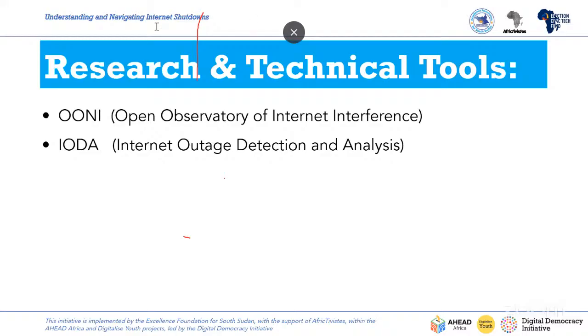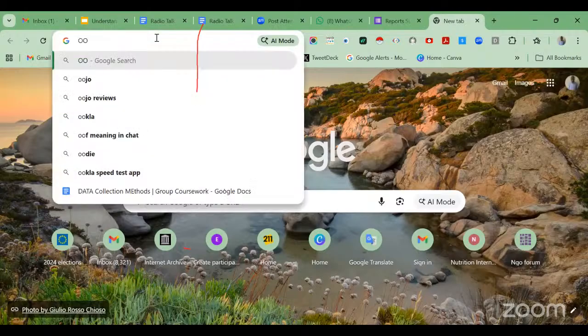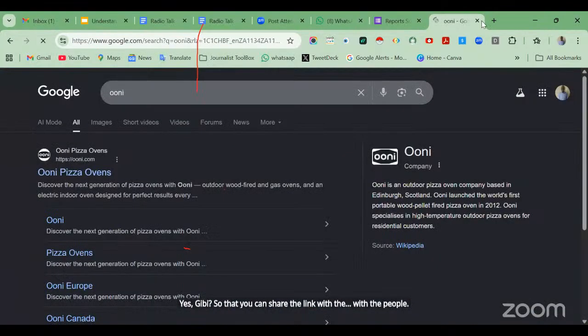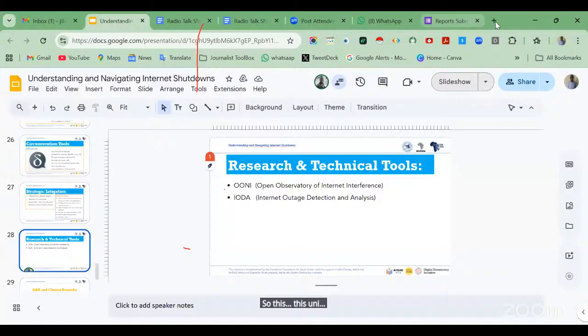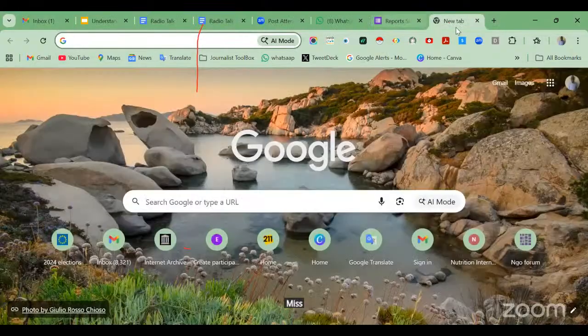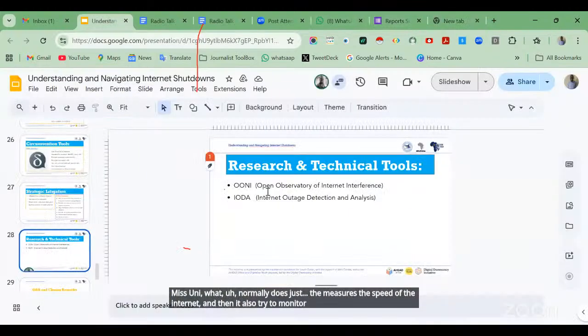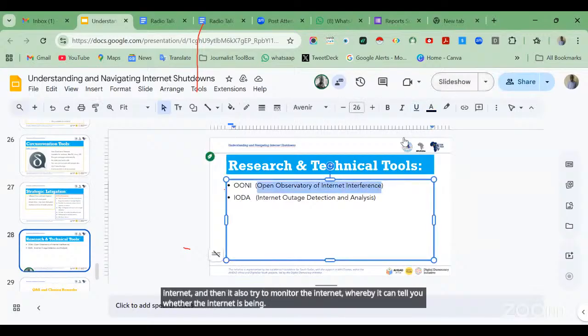Yes, GB, so that we can share the link with the people. So this OONI, what it normally does is that it measures the speed of the internet, and it also tries to monitor internet shutdown, whereby it can tell you whether your internet is being shut down or not.